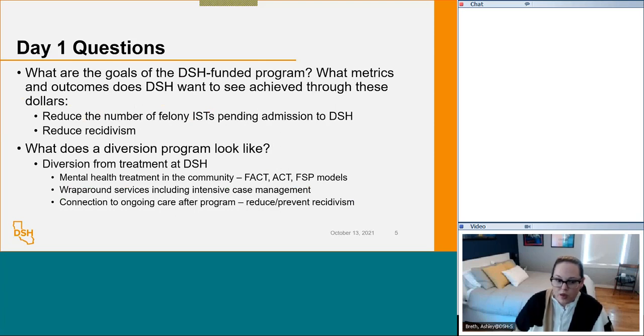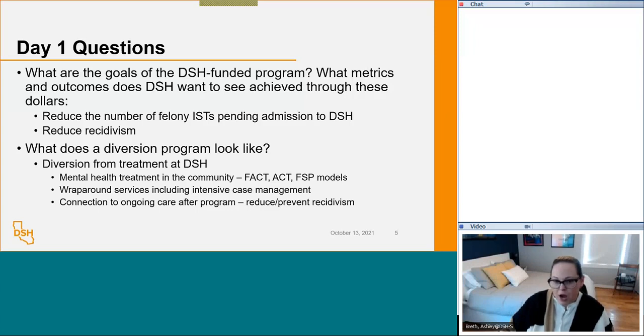We have a statutory obligation to treat the felony IST population, and as everybody knows, we have a major issue with the number of folks who need to get in, who we just don't have capacity for. So one of the goals of this program is to be another way to help reduce that wait list